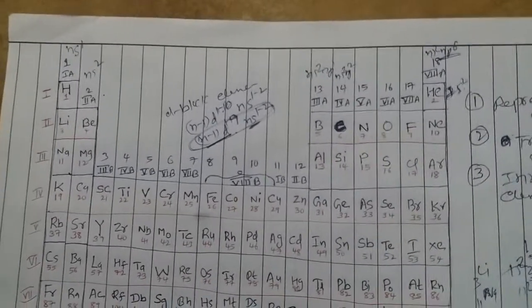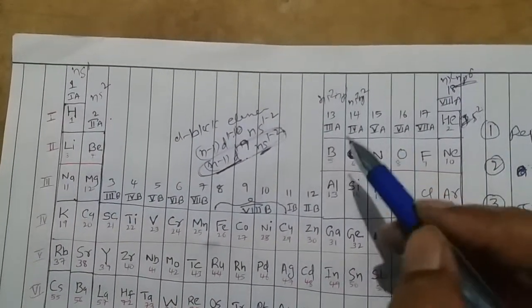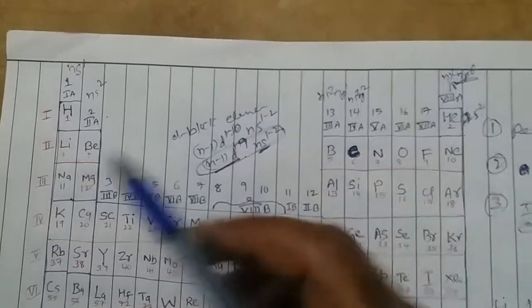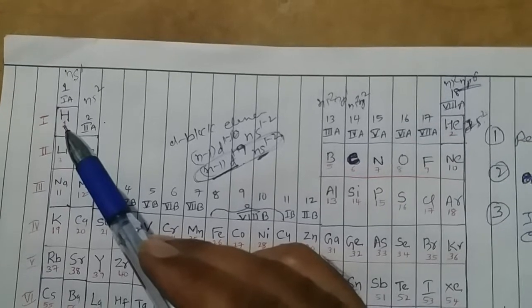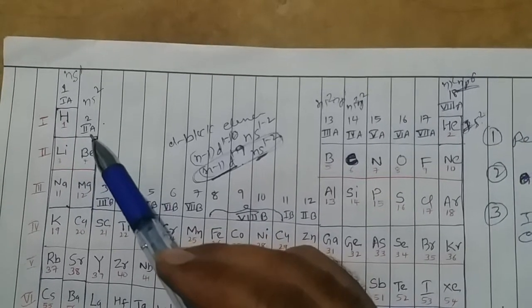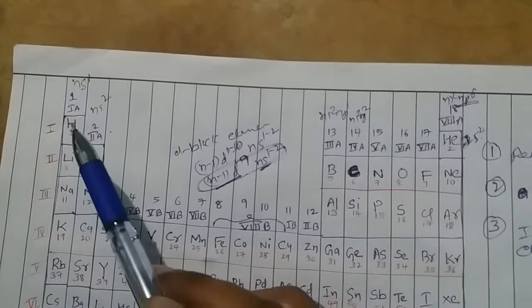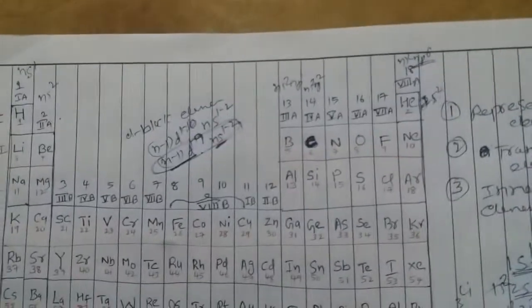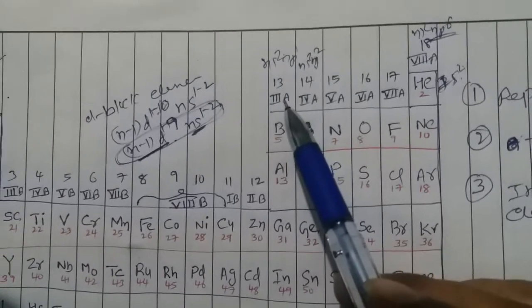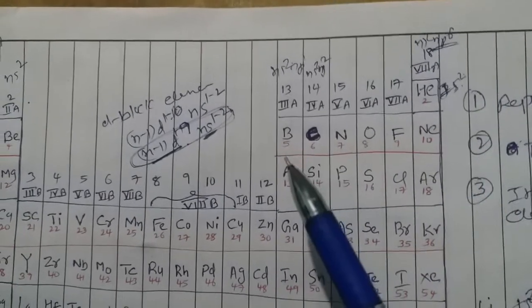But mostly S block elements and P block elements combinedly belong to type A groups. Mostly, the first group in IUPAC is called first A group, the second group is called second A group, and the 13th group in IUPAC is called 3A group, and then 4th A group, 5th A group, 6th A group, 7th A group, and 8th A group.